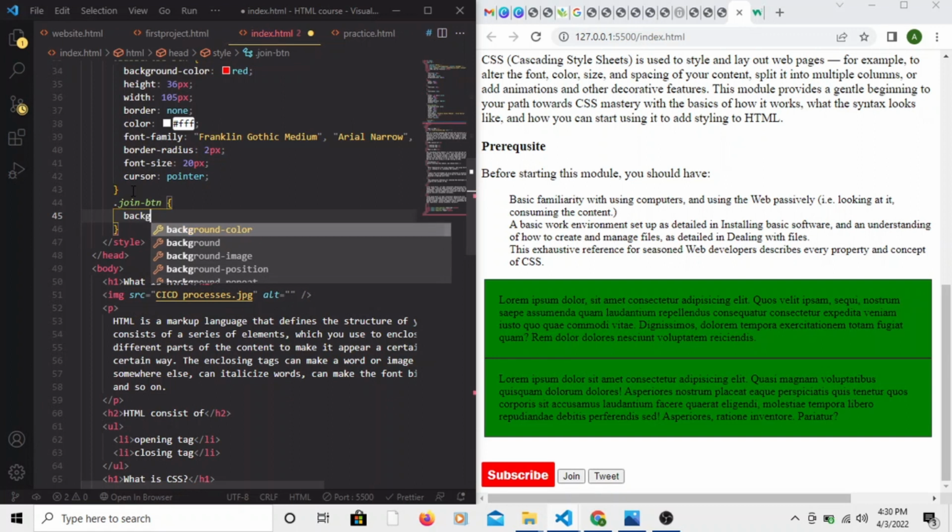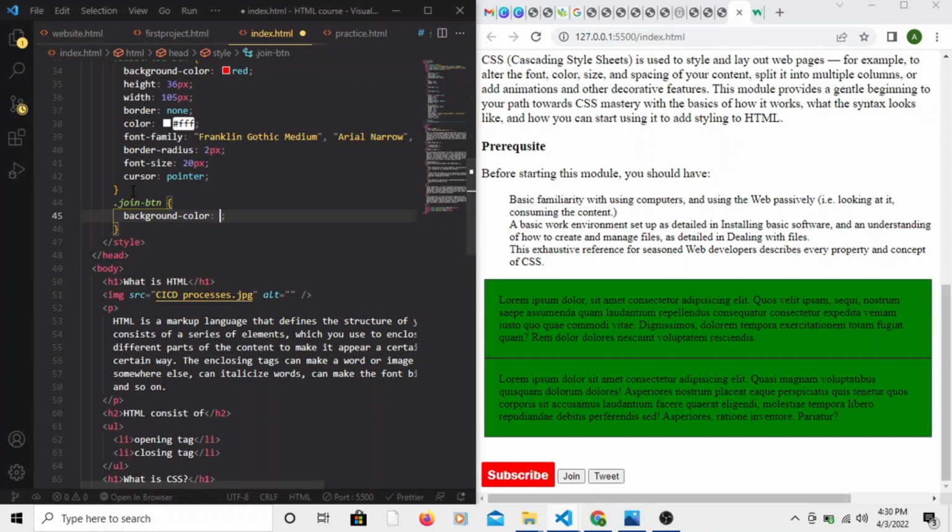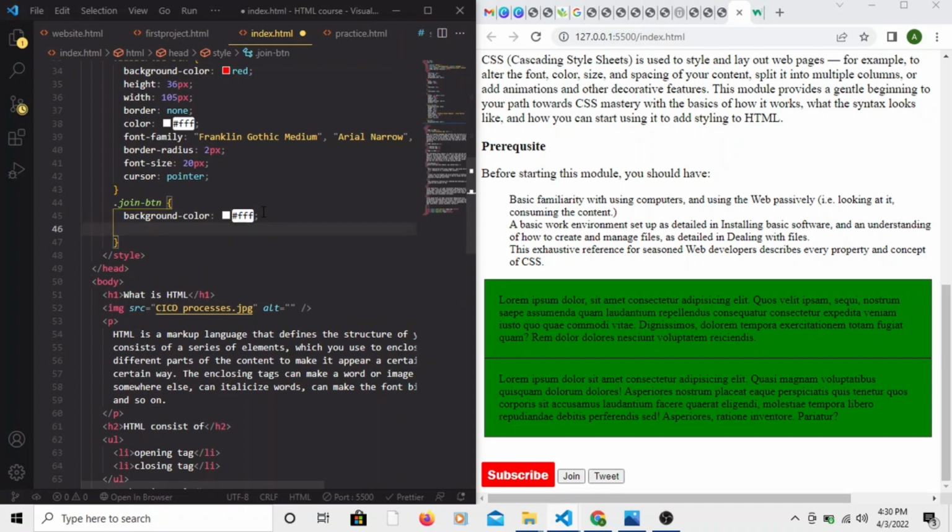Oh, background color of white. I'm using a hexadecimal. You are going to see. I'm going to search this. You guys know what I'm using. I'm not naming it right. So I'm going with a color of